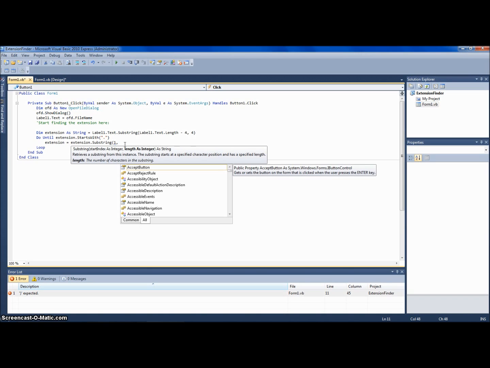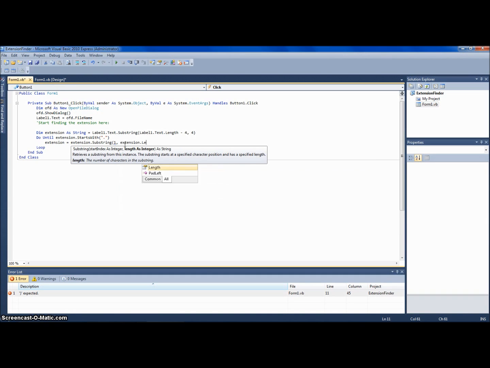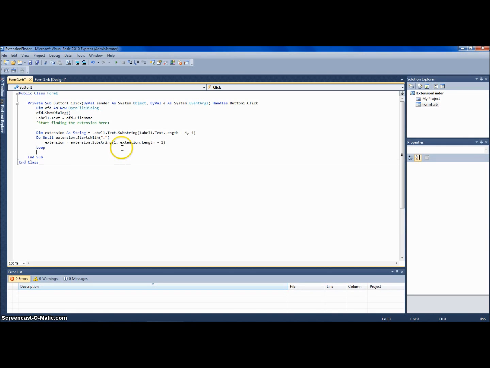And then the length of it will be the length minus 1. So extension.Length minus 1, I believe. Yeah. And then here, in the loop, you want to say